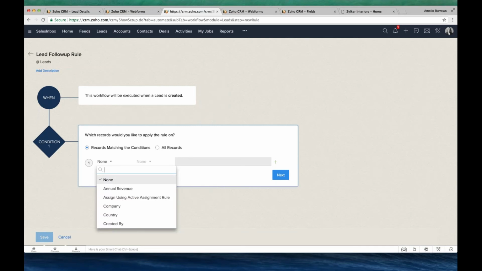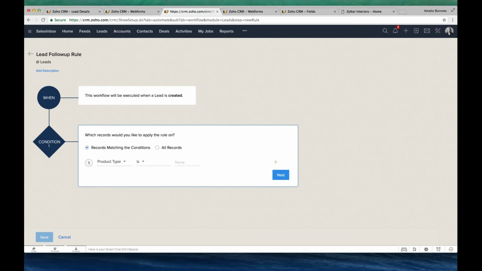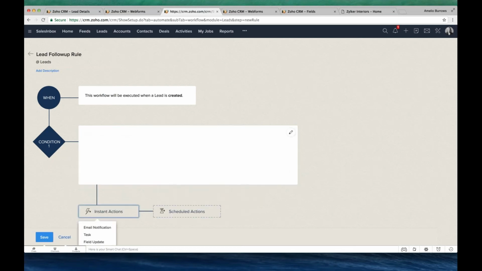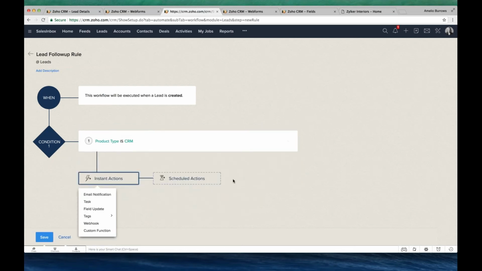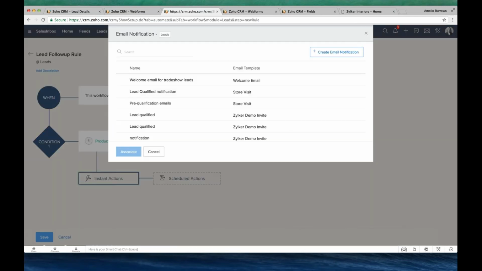Maybe product type is, maybe for CRM I'd like to do it, right? So a lead is created, and the condition is its product type is CRM, and now I would like to send an email notification immediately. Okay, so welcome email.